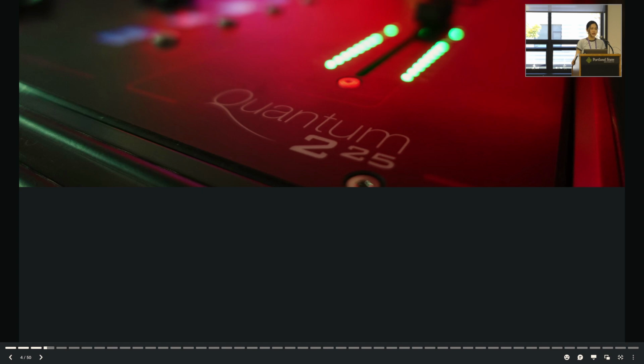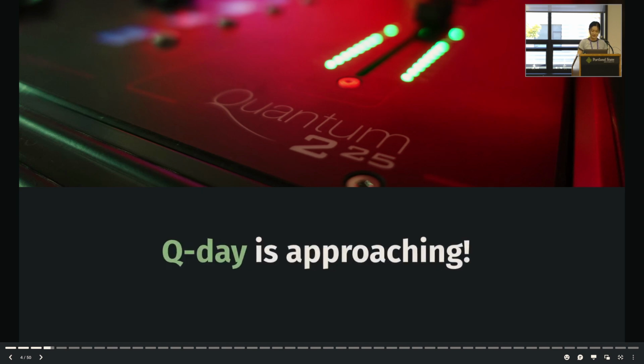However, there's one imminent challenge that we need to prepare for now: Q-Day. So the name sounds cute, but the concept is quite a bit scary. The Q here stands for quantum. Everyone has heard of quantum before. It's not just some vague sci-fi or spiritual concept. It's real and it's coming.